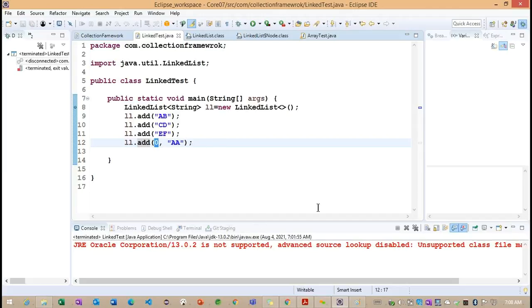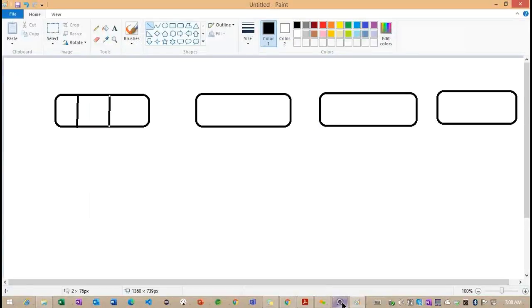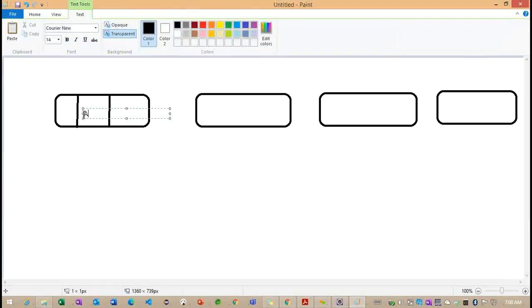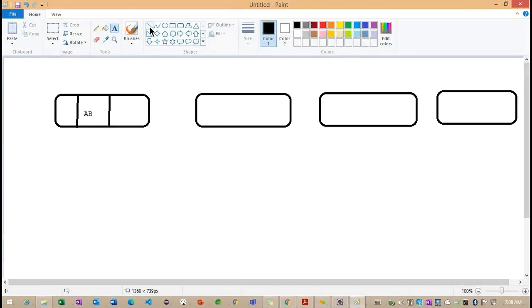Now by seeing this particular example, what are you understanding here? Previously we created this AB, right? And this particular node has another reference here.